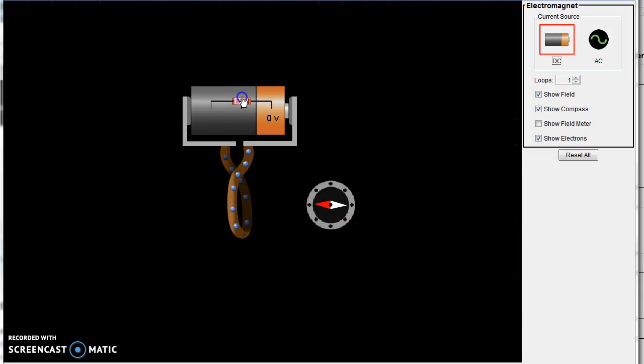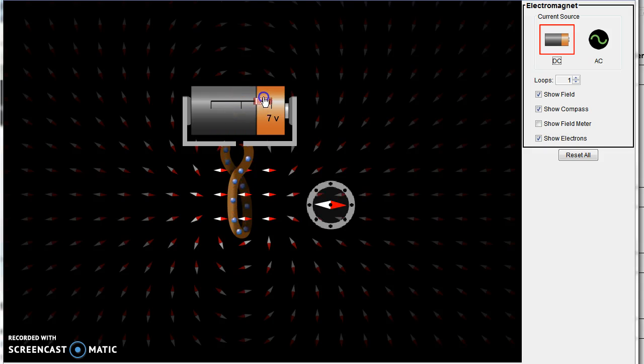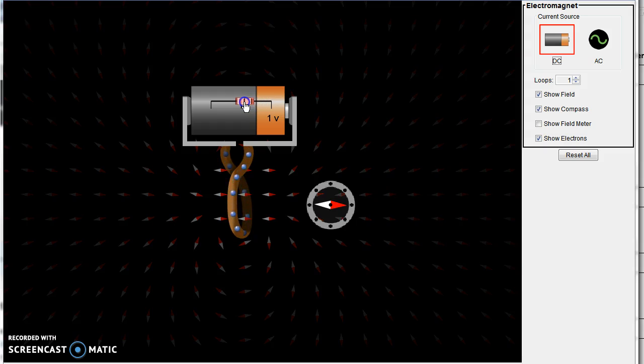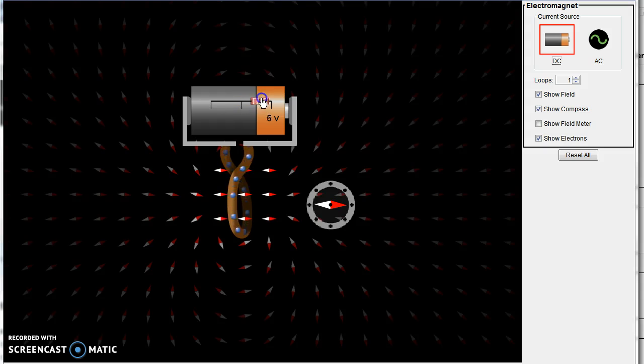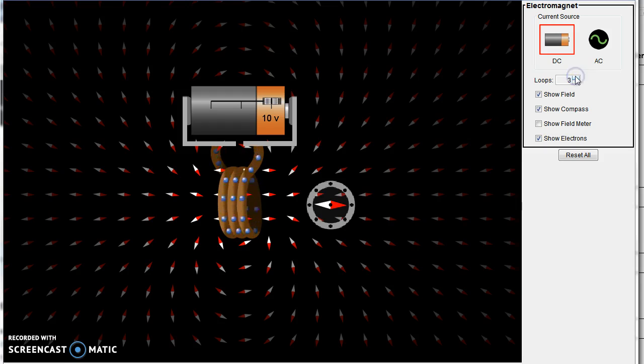But in this case, we can actually turn off our magnetic field, which is kind of convenient in many circumstances. The other thing we can do with this solenoid is we can change the strength of our magnetic field by changing the voltage on the battery or changing the number of loops. You can see that it's getting brighter, and that just means that there's more